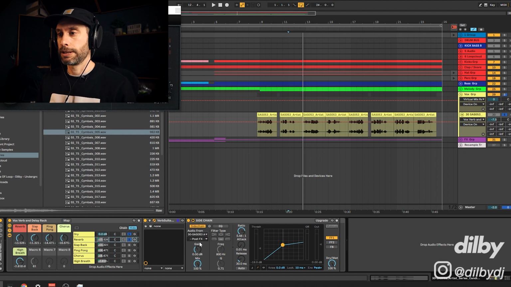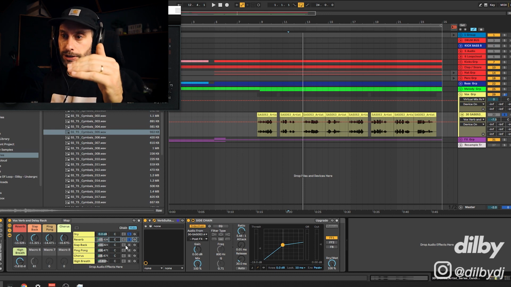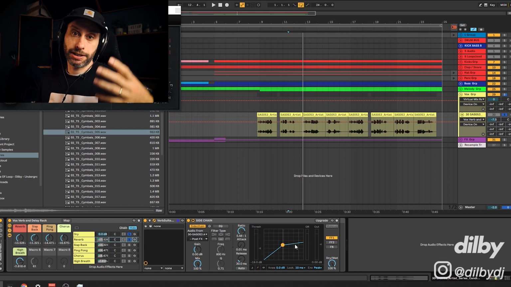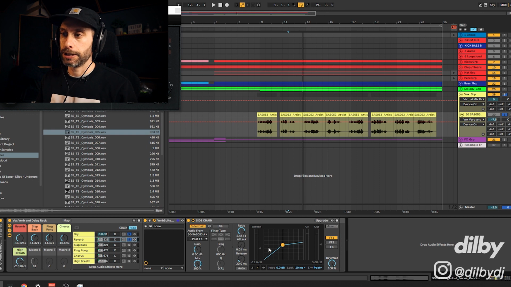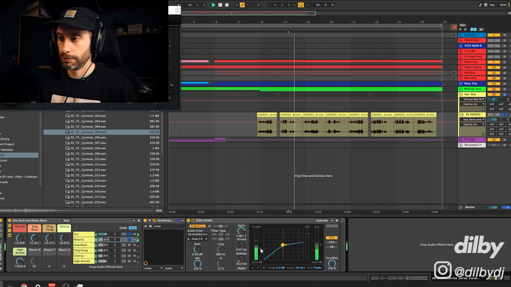What that means is when the signal of this dry chain hits the threshold, it's going to bring the volume down of this reverb, which is going to make space for the dry signal. So we can see that happening in the compressor here. Now without the compressor,